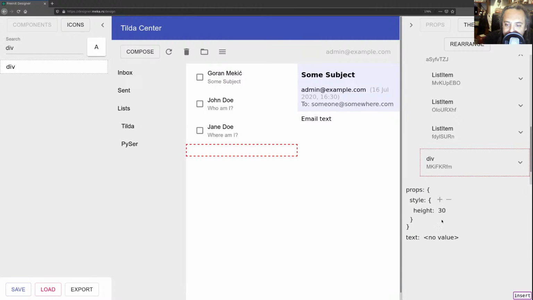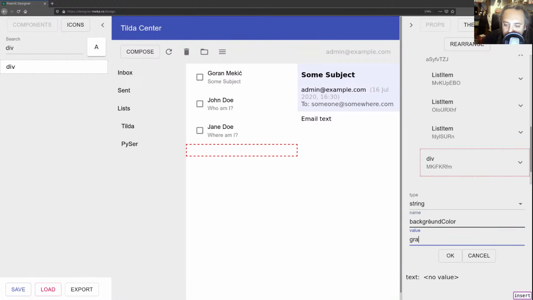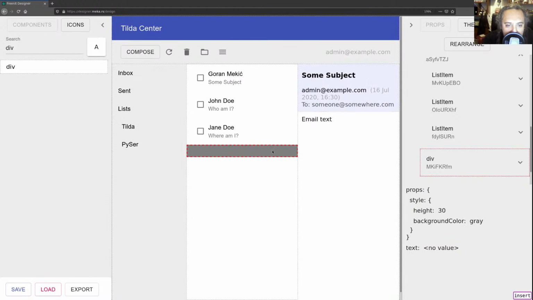All right. How do... actually, let me display it. Background color gray. How about this? All right. So it's hard to,